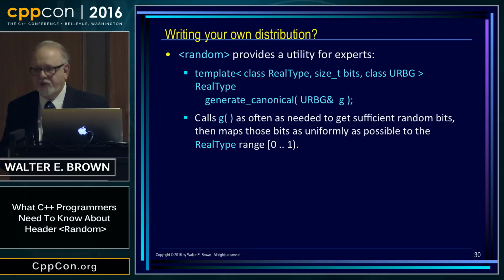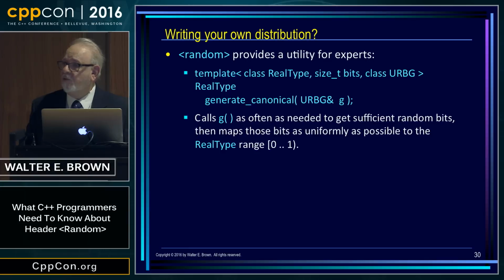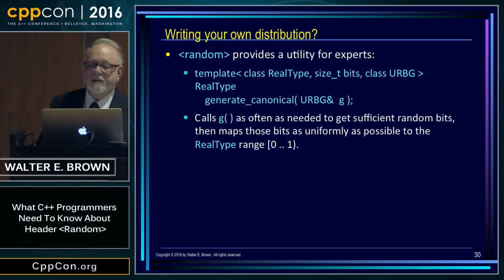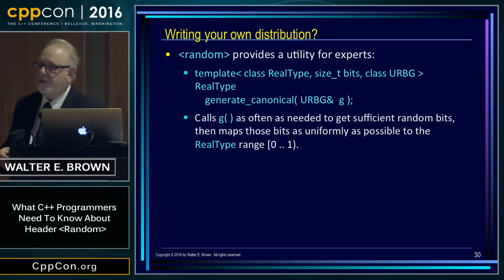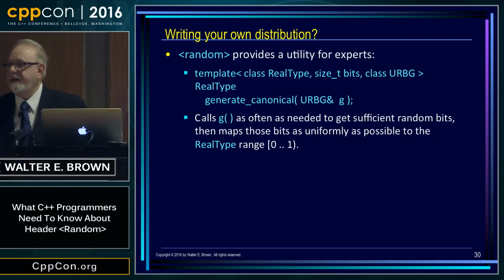If you are one of the few people in the world who actually is interested in writing your own distribution, as I say, there's one tool in the header that you might want to use. It's named Generate Canonical. It takes a URBG, a source of randomness, and calls that as often as necessary to get as many bits as it needs, and then maps those bits as uniformly as possible to the real type range of your choice. All right? And of course, here it's half open. 0 is included, 1 is excluded,